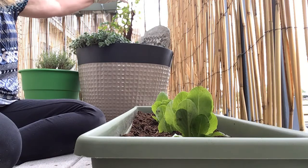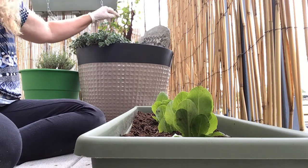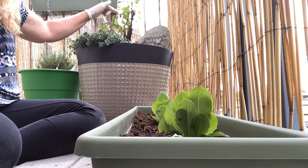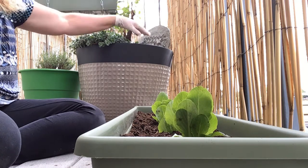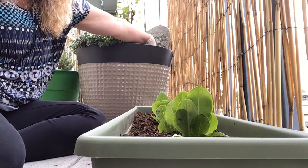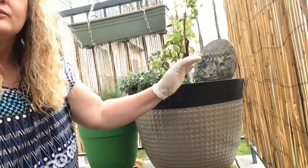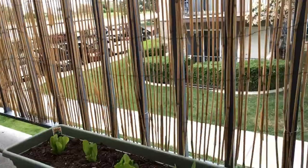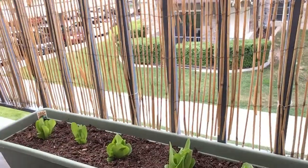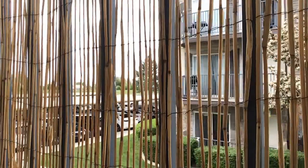He seems like he's doing okay here, but he seems to be coming all one side because some of the parts had dried off and died. Like this one here, I'll probably have to prune this one back soon. But at the back here I've got some spot. As you can see, if I can lift you up a little bit and just show you. Okay, so like I said, you can see the lettuces right there. And also right here, I'll turn you around and if I can grab it,